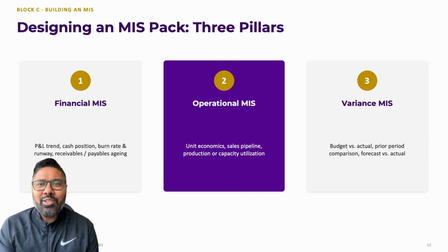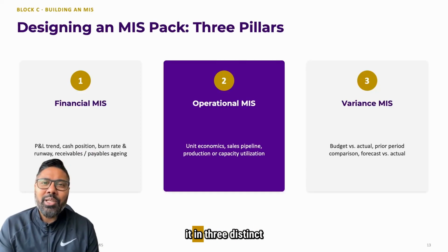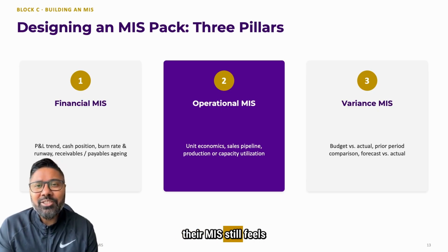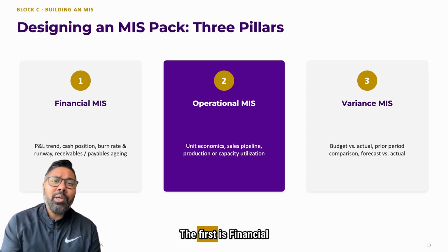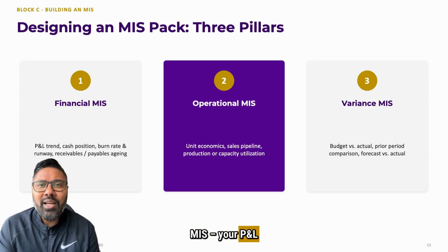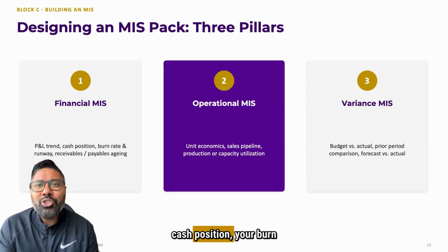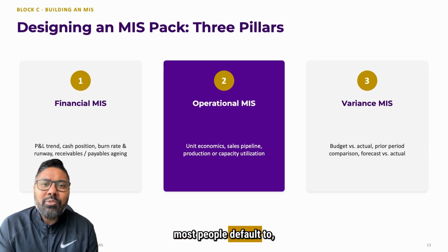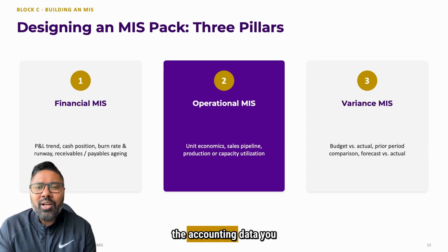Hi, when you design your MIS pack, I want you to think about it in three distinct pillars because most founders only build one of these and wonder why their MIS still feels incomplete. The first is financial MIS, your P&L trend over time, your cash position, your burn rate and runway, and your receivables and payables aging. This is the pillar most people default to because it's closest to the accounting data you